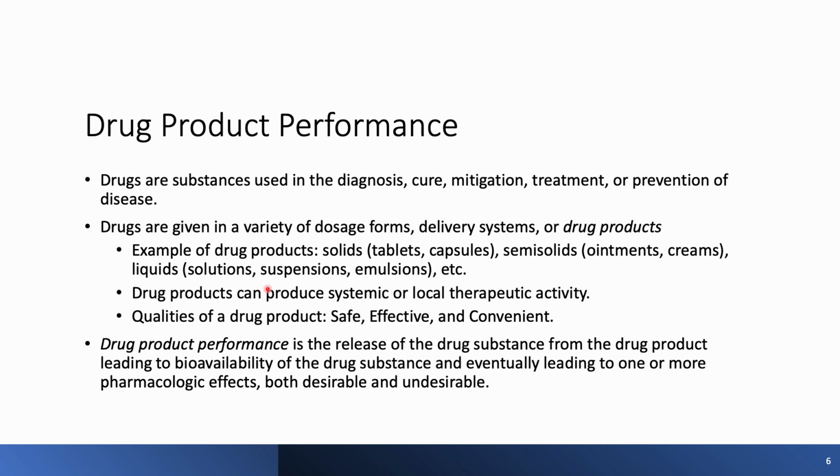The important qualities of a drug product are safety, then effectiveness, and convenience. So these are the 3 important things that determine the quality of the drug. Then another terminology you must know is drug product performance. Drug product performance is the release of the drug substance from the drug product, and that leads to the